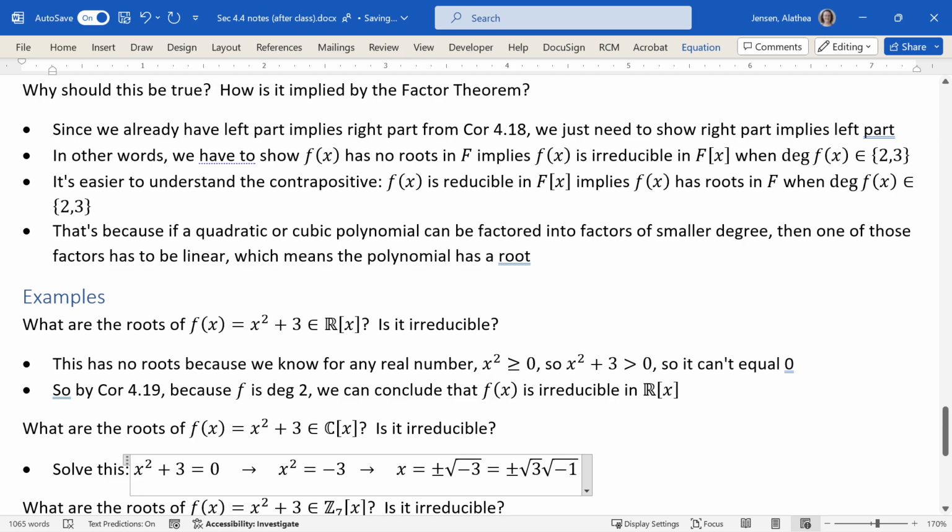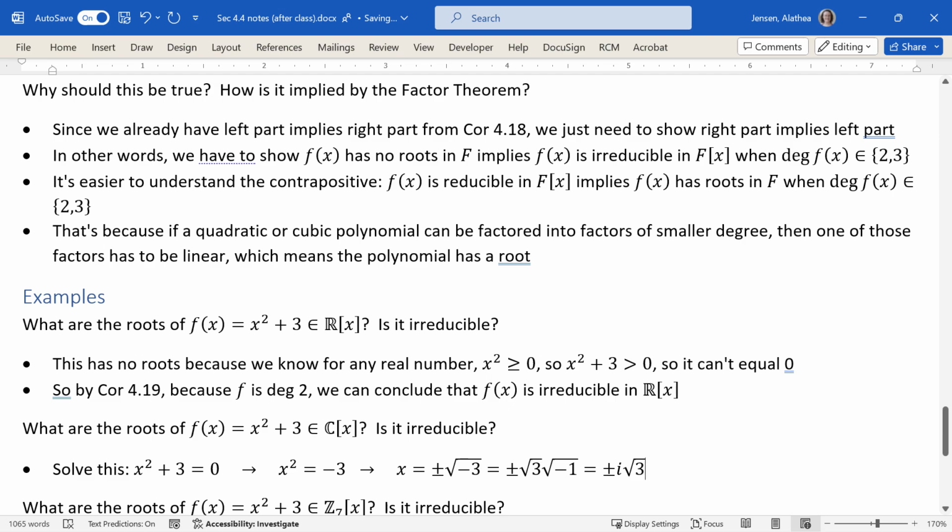Then you replace the square root of -1 with i. I usually put i first so that I don't get confused and think it's inside of the square root. Okay, so these are the solutions that you get in the complex numbers for x, and these are in fact